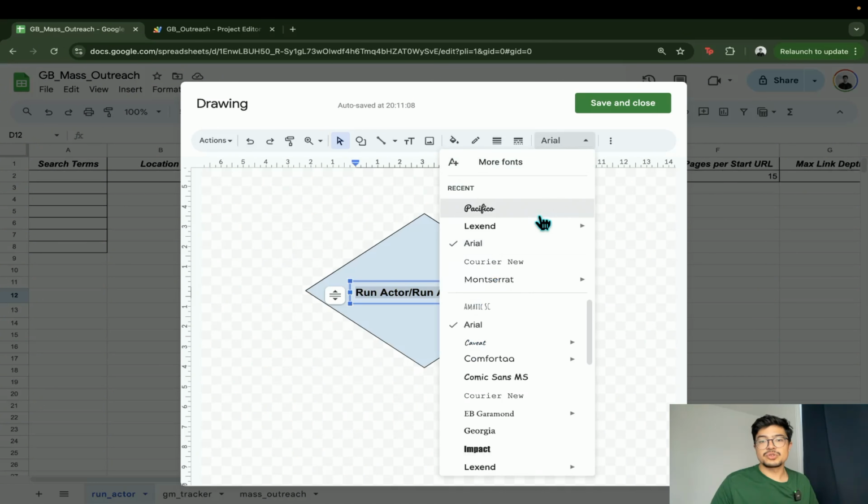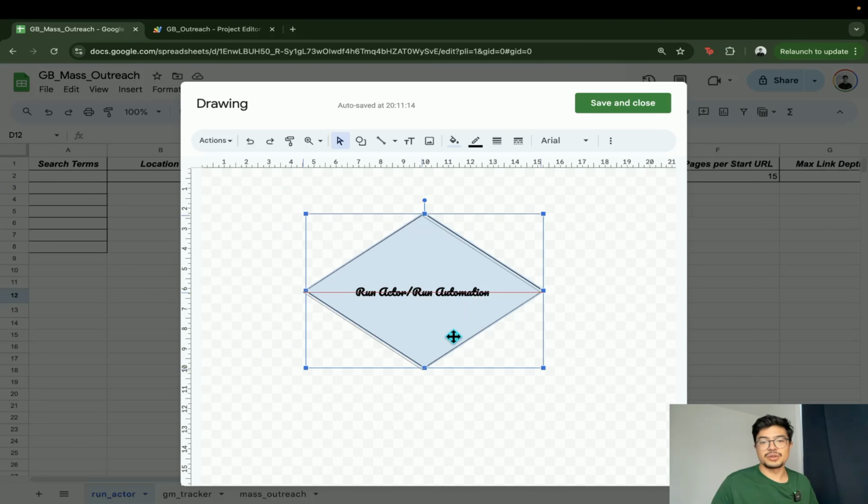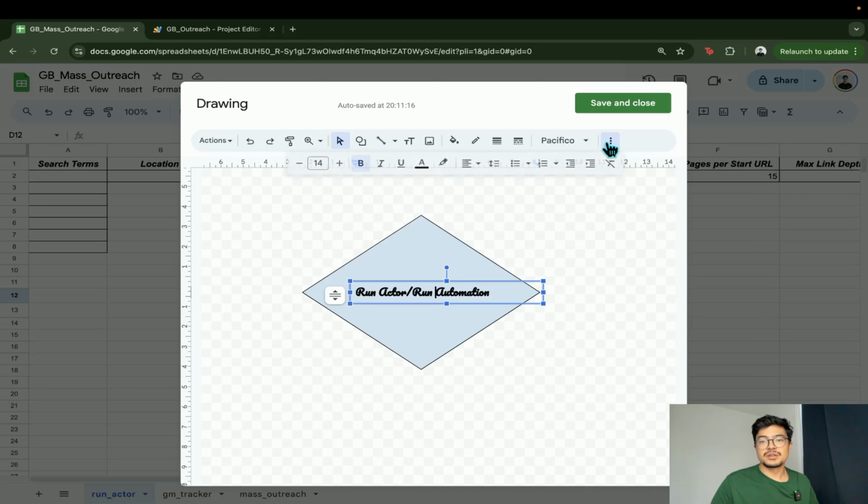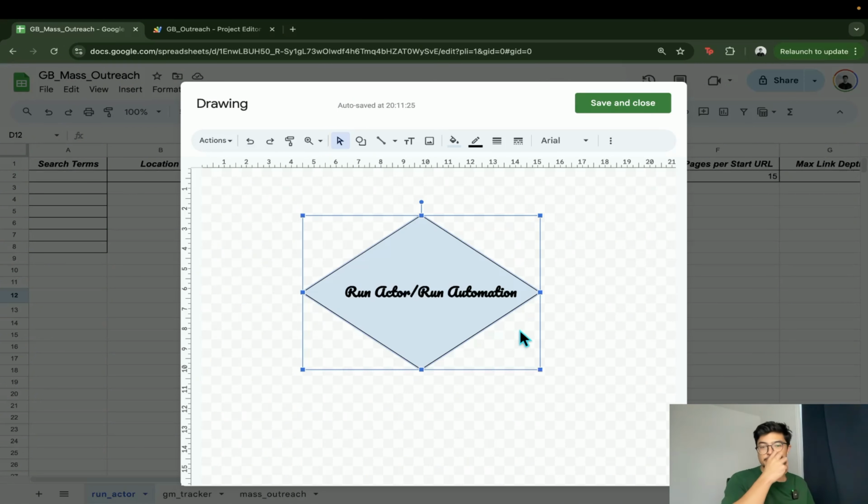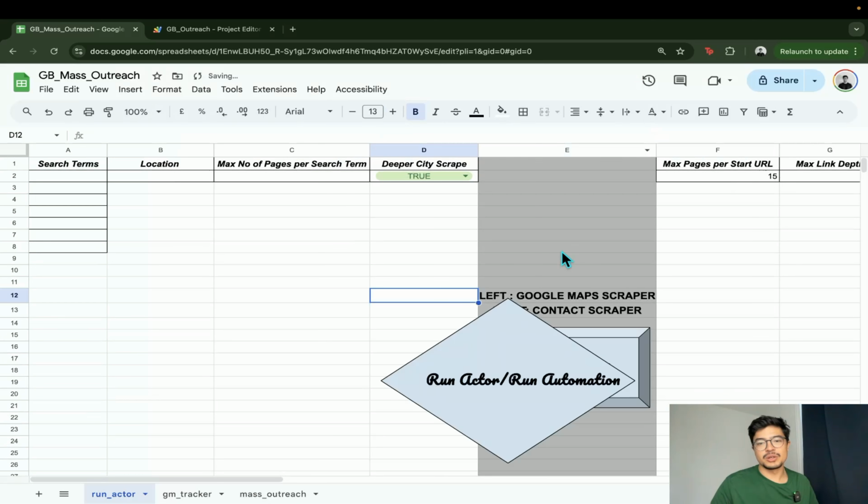Maybe this will change the font of it if you want. What else do we have? Well, you can make it a bit bigger actually as well. So let's do that. There you go. So, you can spend hours on this, as you can see, but whenever you're done, save and close, and they